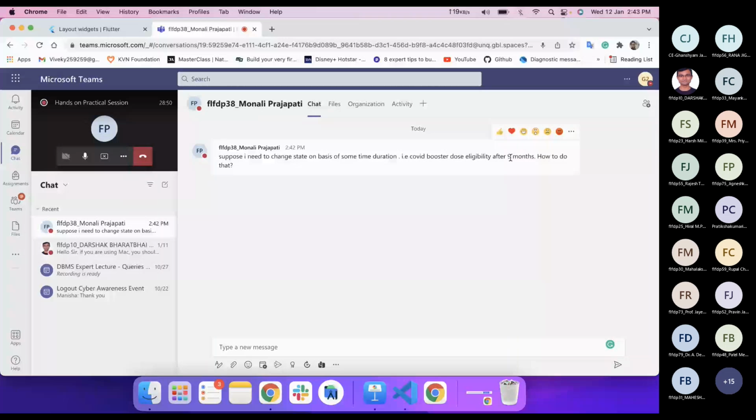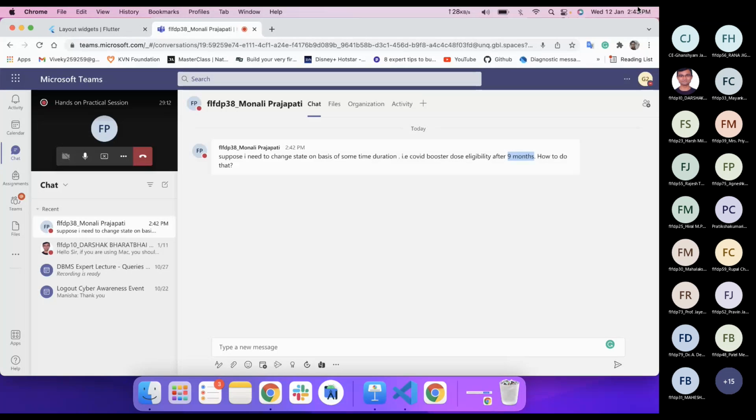Let's say that today you got your second dose, and after 9 months, so this is January, basically in October, on October 12th, you need your COVID booster dose. Let's say that is the third dose that you need.